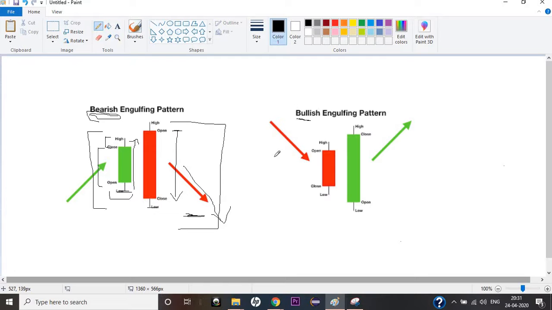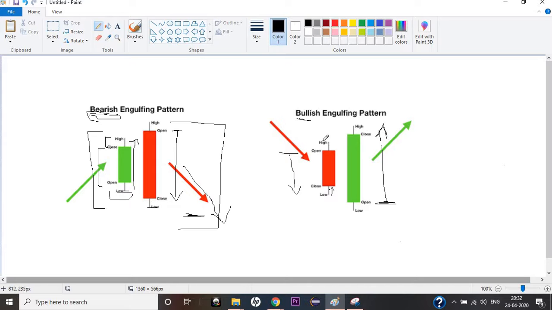Similar goes for the bullish as well. Initially the seller has control, it opened somewhere here, but the seller pushed the price down, right? The buyer tried to push it up, however there were not many buyers. Sellers were in control. So since sellers are in control, the next price is going to open low. In this case it opens low compared to this candle, and then suddenly, out of nowhere, the buyers came in and pushed the price higher. They bought a lot of positions and pushed the price higher.